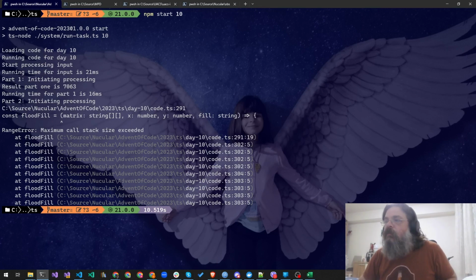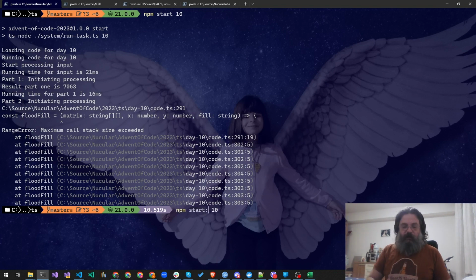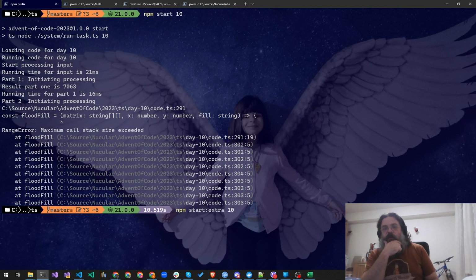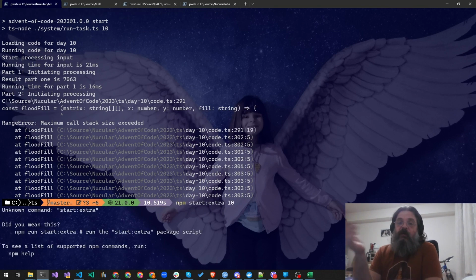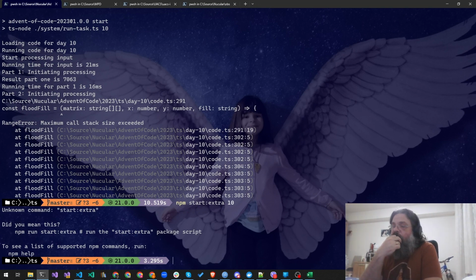However, it usually works, as that is by far the simplest implementation of Flatfill. But we're gonna say start extra 10, and now we will have enough stack space to actually calculate all of that. npm run start extra